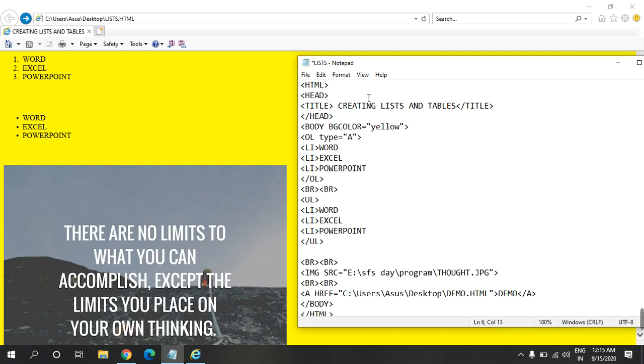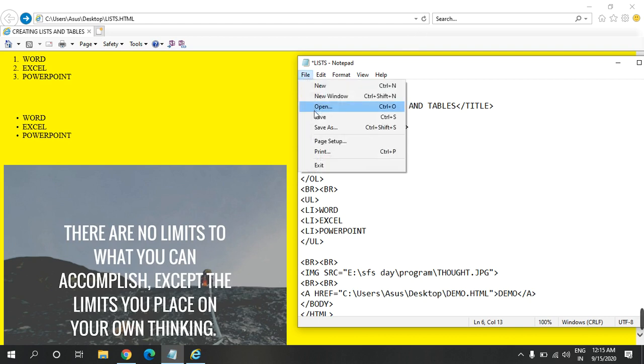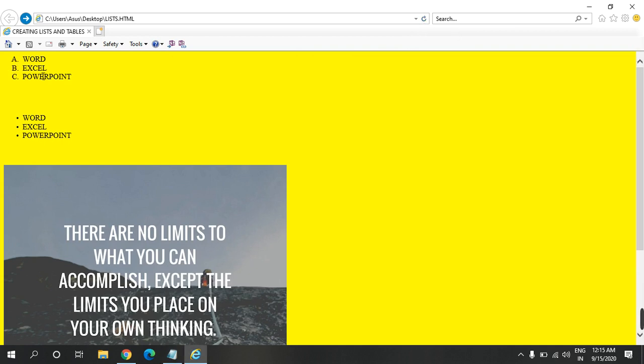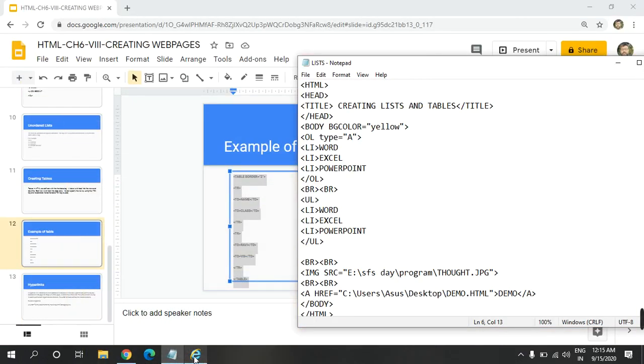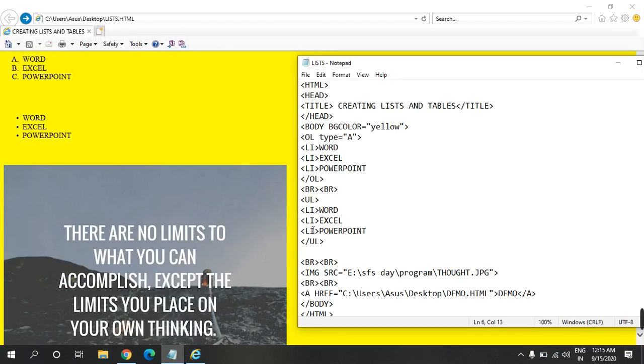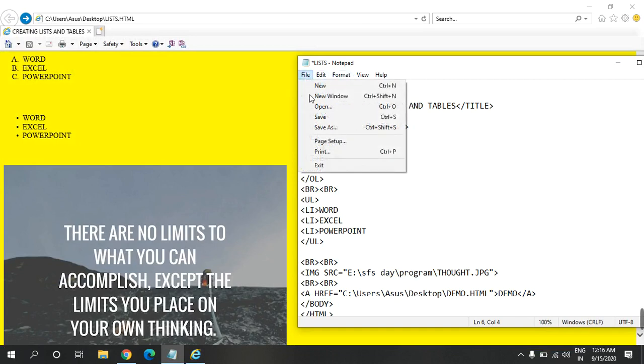So we can give type equal to A, and you may see here it has changed to A, B, C, D. The default is 1, 2, 3. If you don't give type equal to capital A or small a, then the list will be displayed simply in 1, 2 and 3, you may see here.